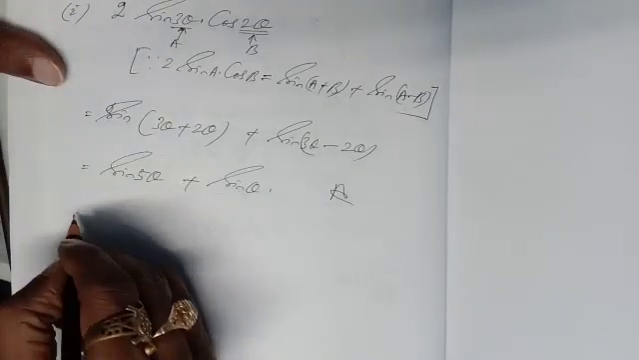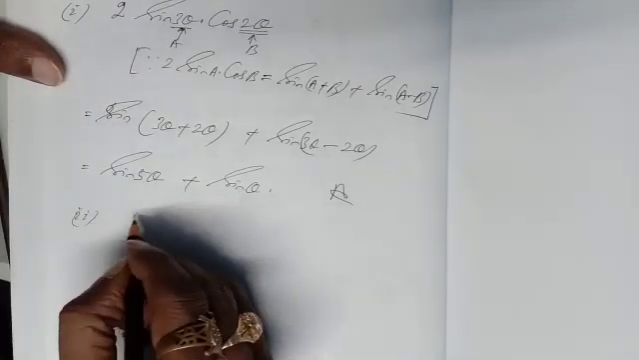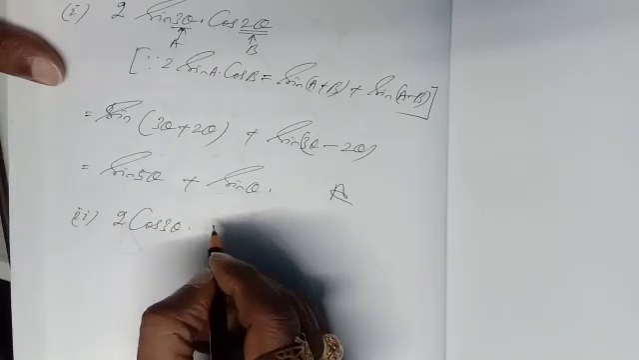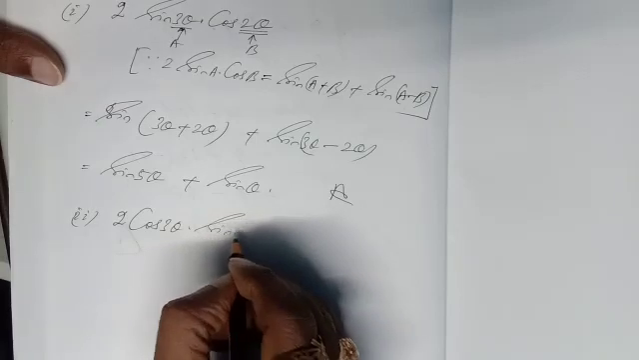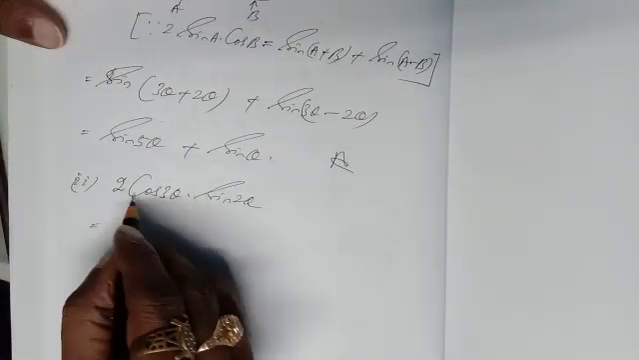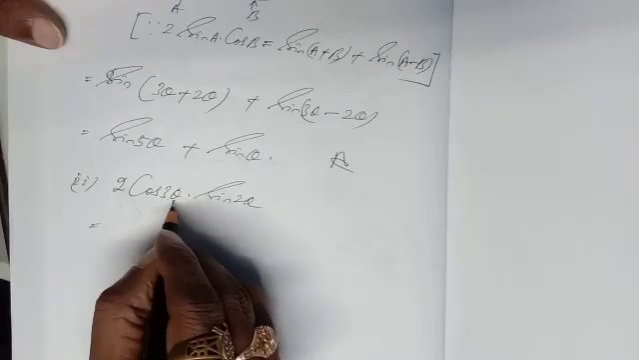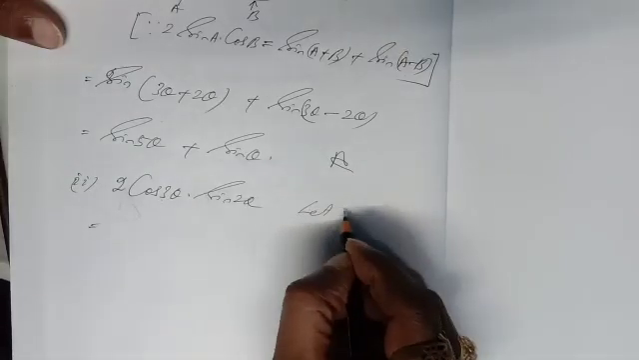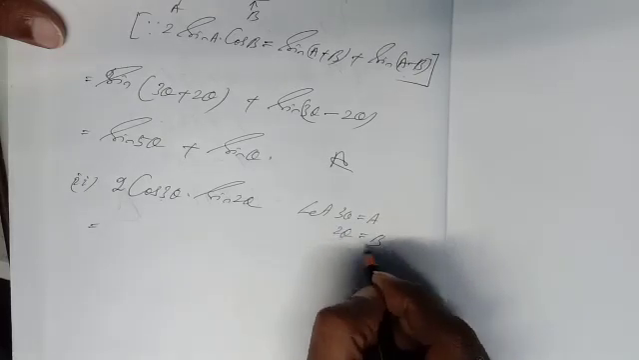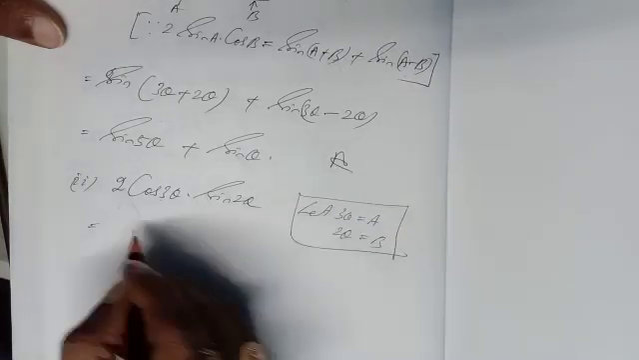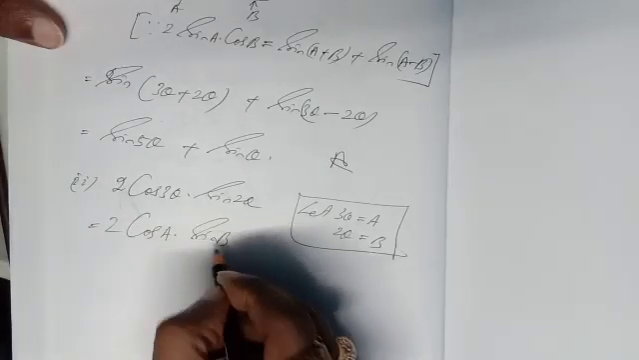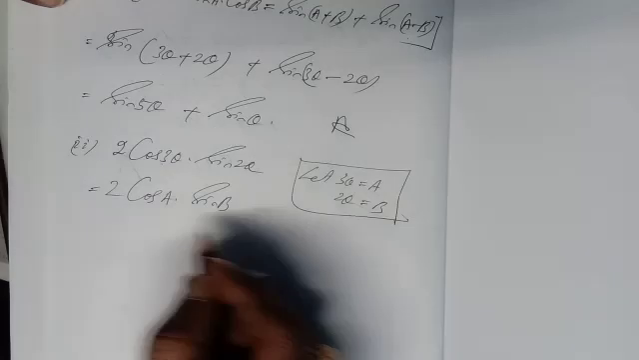Number 1 second part. The second part question given is 2 cos 3 theta sin 2 theta. Same formula to apply: 2 cos A sin B. Let 3 theta be equal to A and 2 theta be equal to B. This will be 2 cos A sin B. The formula is